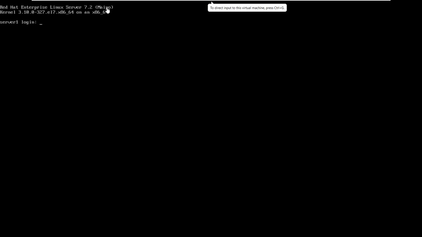Here is our information about the Linux kernel, and then it is saying this is the name of the machine, and it is giving me the option to log in. We don't have any other account, we have not created any other account. So the only account we have is the administrator account, and that is root. So I give root, enter. Now it is asking for the password, and the password I have configured is ABC at 123. So ABC at 123.